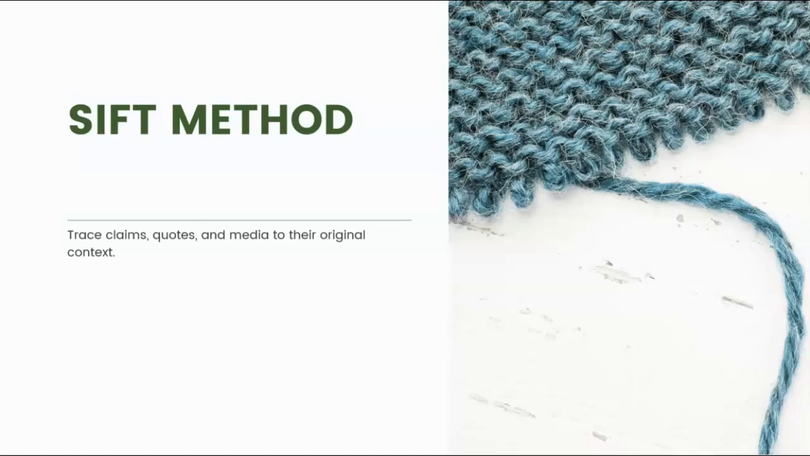The final step in the SIFT method is to trace claims, quotes, and media to their original context. Whenever an article mentions a quote from an expert or cites results from a research study, it's important to locate the original source of that information. Click on the links to find the original source of the information if there are links in the article. If available, refer to the original reporting sources that might be listed in a bibliography or other notes in your